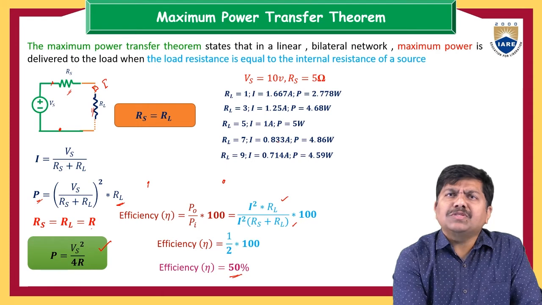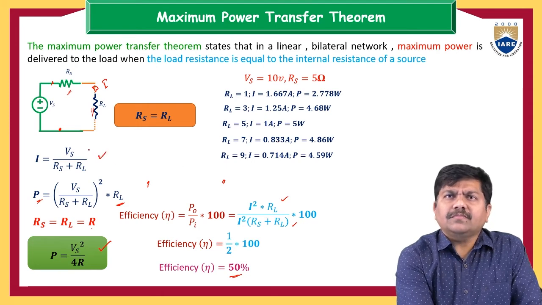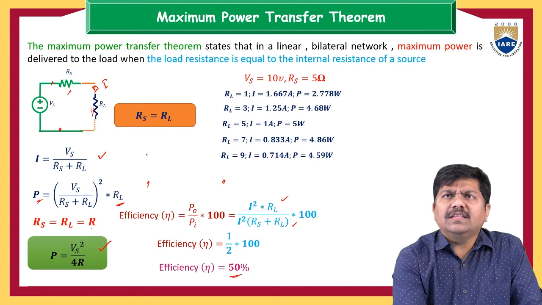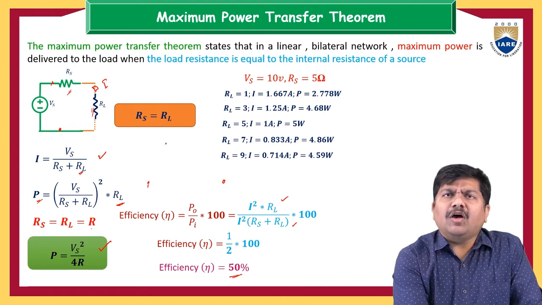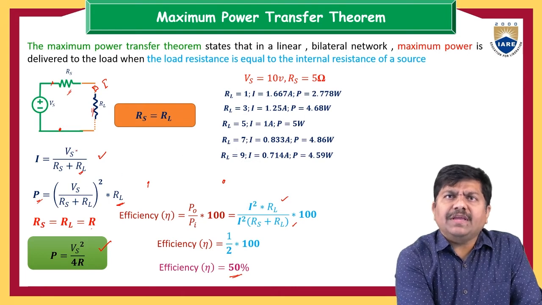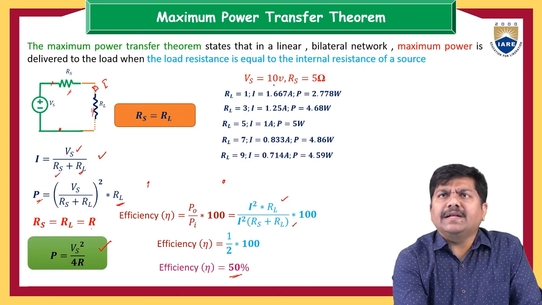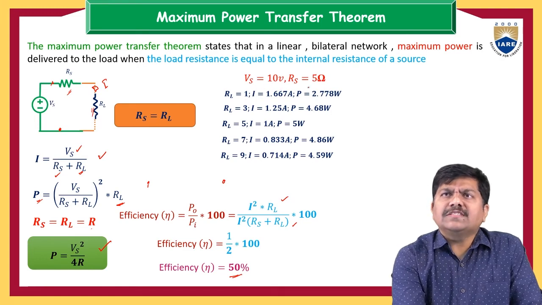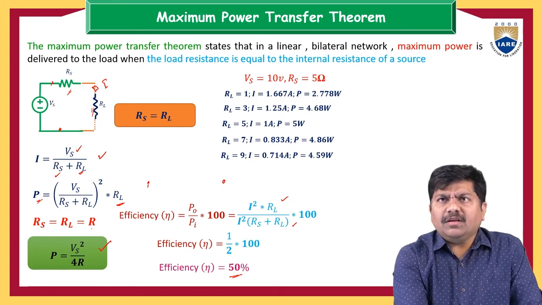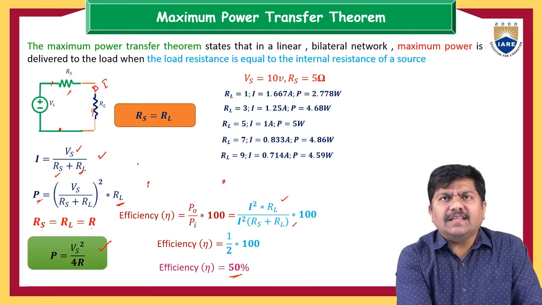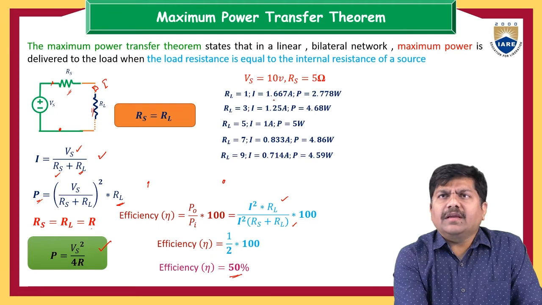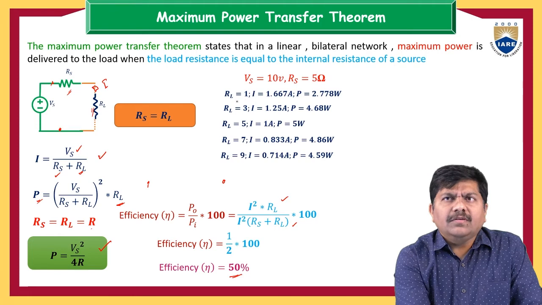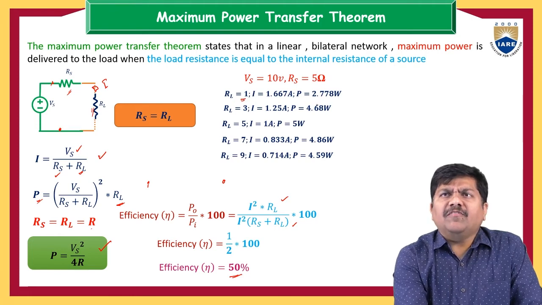What is the formula we have used here? That current is nothing but Vs by Rs plus RL. Here RL is a variable parameter. We are arbitrarily choosing that value, whereas Vs and Rs we assumed in the beginning itself: Vs is equal to 10 volts and Rs is equal to 5 ohm. What about the current values? Just substitute these values in the current expression and we get the various values for the currents at these resistances.